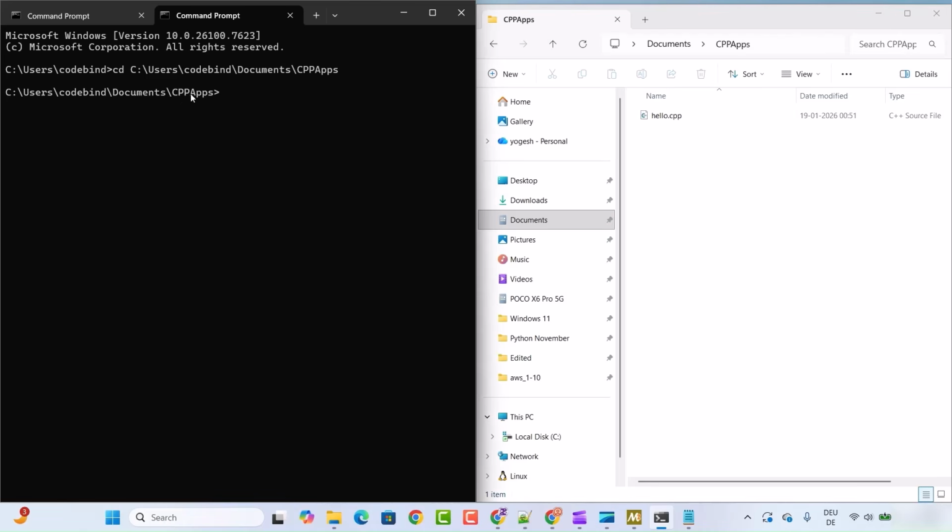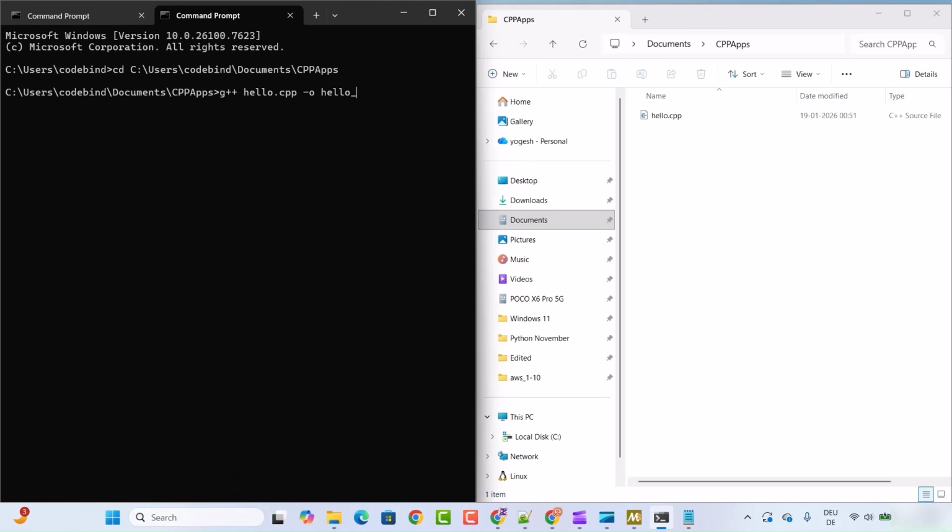And then here I'm going to write the G++ command to compile this C++ code. So the command for compiling the C++ code is something like this: G++ space the name of your CPP file, which is hello.cpp in our case,